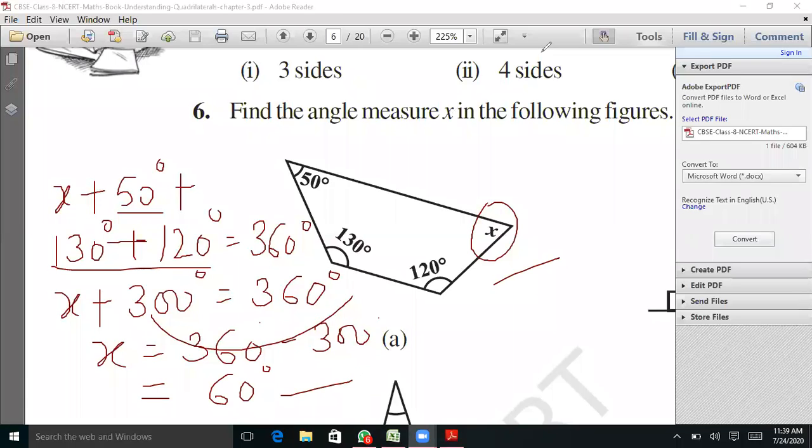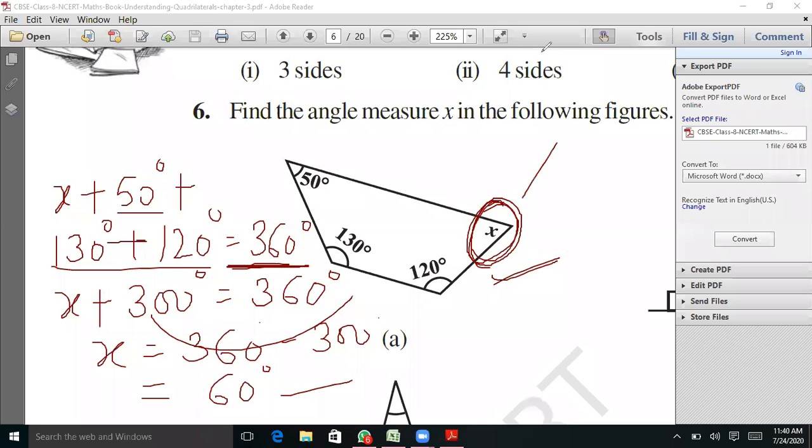We can find the value of an unknown angle by using the angle sum property of the polygon. Here there were four angles, a four-sided figure, so we'll use the angle sum property of a quadrilateral, as a general quadrilateral is given here. We'll add the angles and keep it equal to 360 degrees, because the sum of angles in a quadrilateral is 360 degrees. From there we can find x.